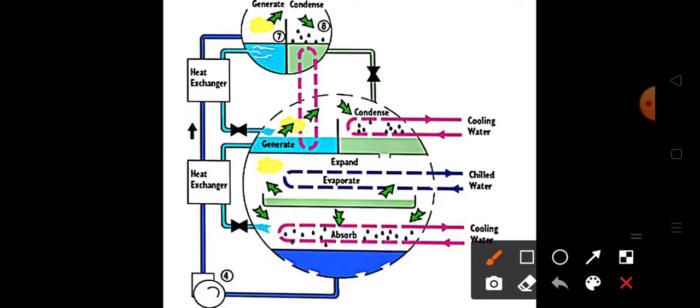Our cycle starts from the evaporator. From here, the water whose temperature has to be reduced is passed through this evaporator, and from here the chilled water comes out from the evaporator. Refrigeration effect is obtained on this evaporator. The condensed water falls on this evaporator to reduce its temperature. So here we are obtaining the chilling effect.